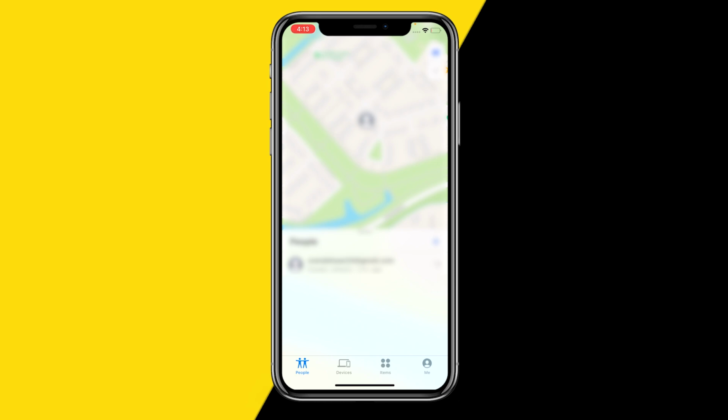So to check someone's location, literally all you need to do is zoom in and out of this map, and then you will literally be able to see their location by seeing their profile picture where it is on the